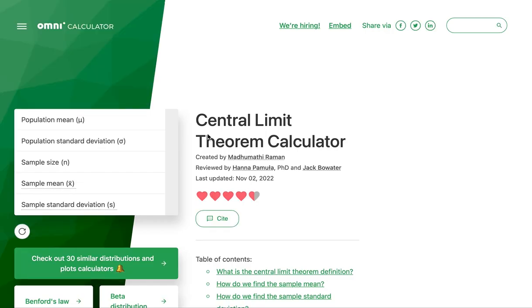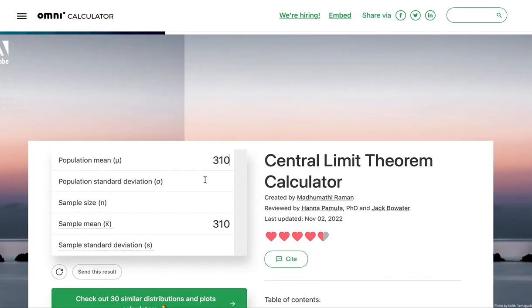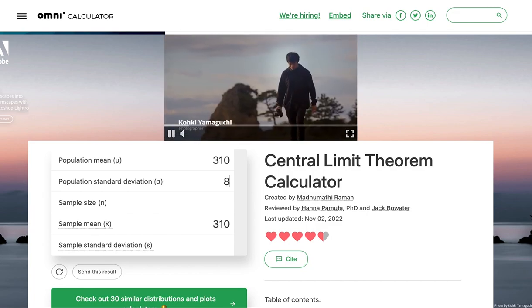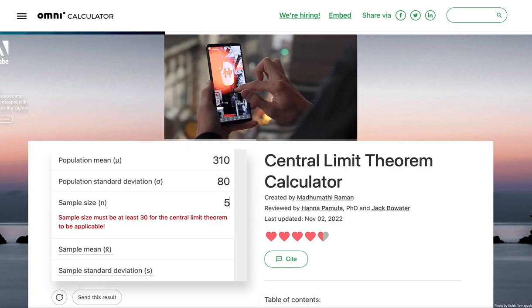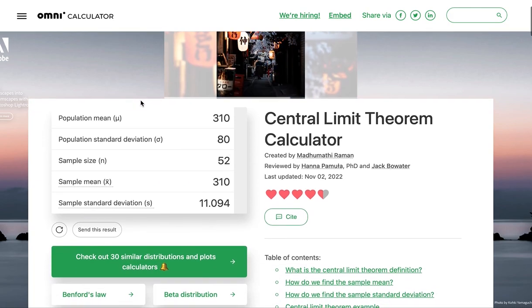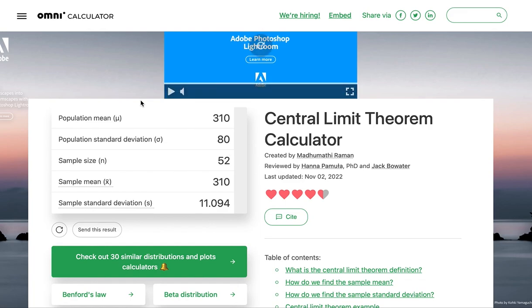So the central limit theory calculator, let's say you're given information. Maybe you have a mean of 310 and a standard deviation of 80, and maybe the problem gives you a sample size, let's say in this case 52, and what this will provide you is the standard deviation for that sample size. So just by plugging in a couple pieces of data, you'll be able to calculate a standard deviation using this calculator. So that's one of the calculators you'll need for your Chapter 7 homework to help you with